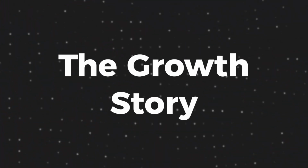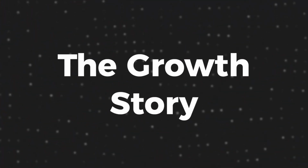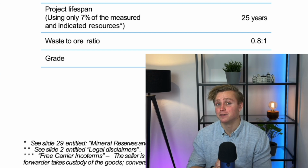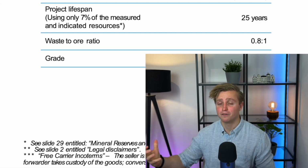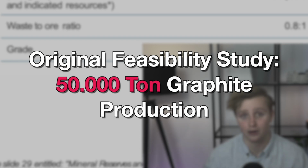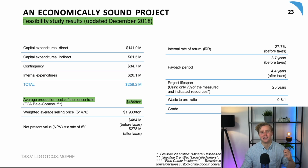Well, for that we do have to look at the growth story. And originally the company hoped to commercialize this resource on their own. They did a feasibility study back in 2018 for a total graphite production of roughly 50,000 tons per year. And these numbers were extremely favorable. They were forecasting an average production cost per ton sub $500, which would put them in the lowest quartile of